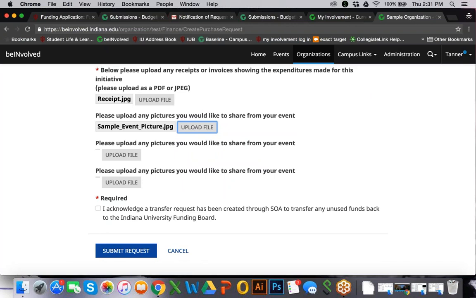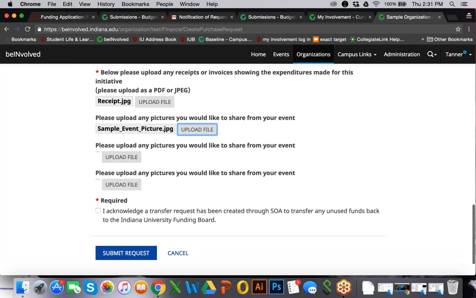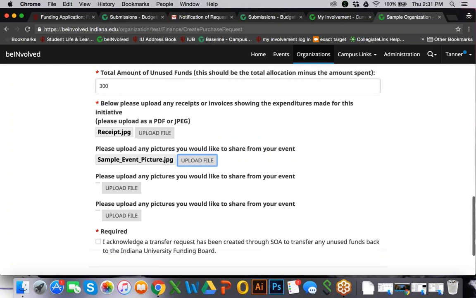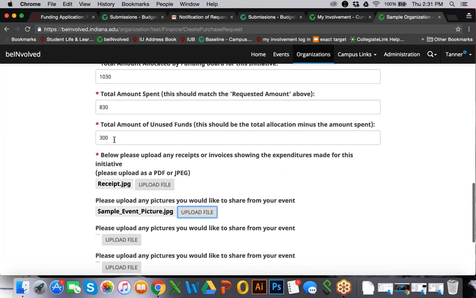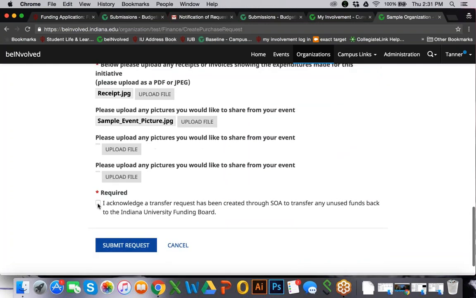You're going to upload up to 3 pictures from your event, and the final field is to acknowledge that you have submitted a transfer request through the SOA office to send any unused funds back to the Indiana University Funding Board. So in this case, you will submit your SOA request for $300. Once we receive that $300, we will actually take that money back out of your account from on this beINvolved finance side,